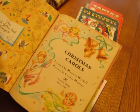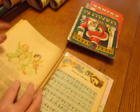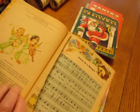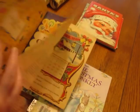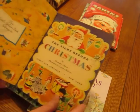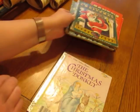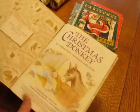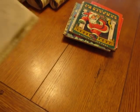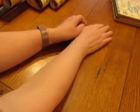This is a Corinne Malvern illustrated book. I think The Night Before Christmas was too. Oh, the front page is torn out. 1946. Yeah, this is Corinne Malvern illustrations too. I love her illustrations. And then The Christmas Donkey. This one's a bit newer. Not really familiar with this. 1984. So those are 2 sets of Christmas children's books